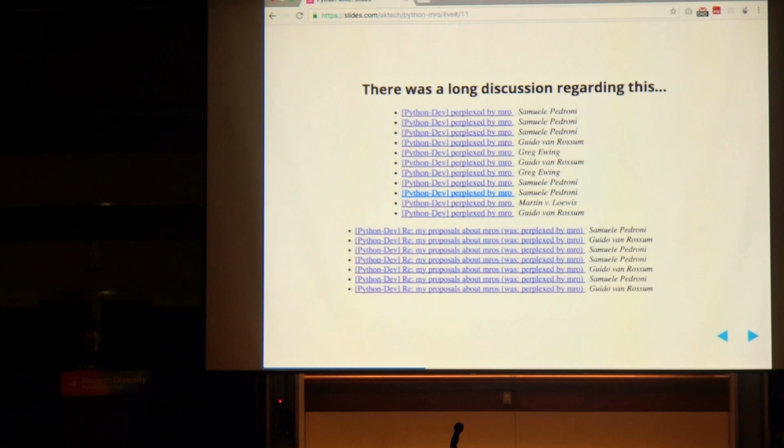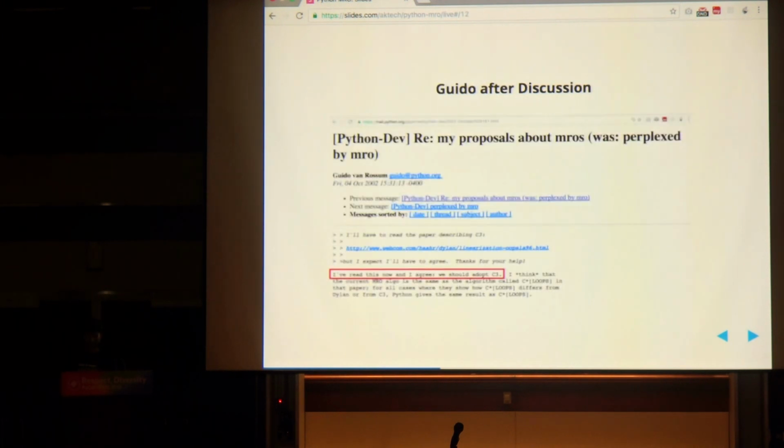There was a long discussion regarding what happens in Python MRO in 2.2. It was kind of confusing and not consistent. So this was Guido's reply after the thorough discussion. Guido looked at the problem, and he understood that the current MRO in Python 2.2 is not good. It's not consistent. It does not give proper results.